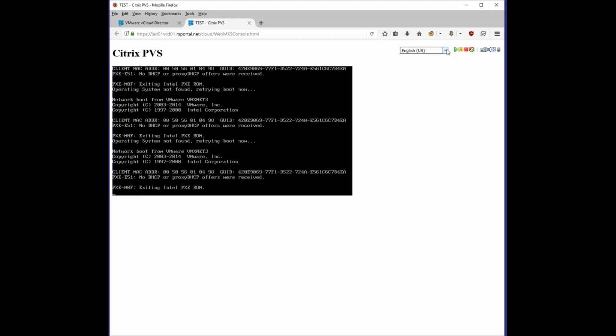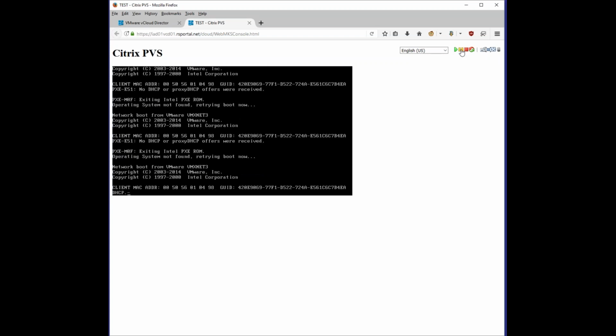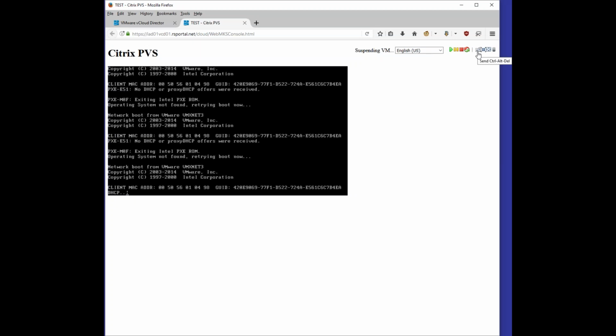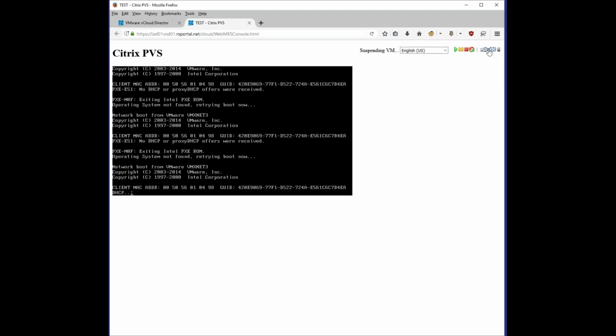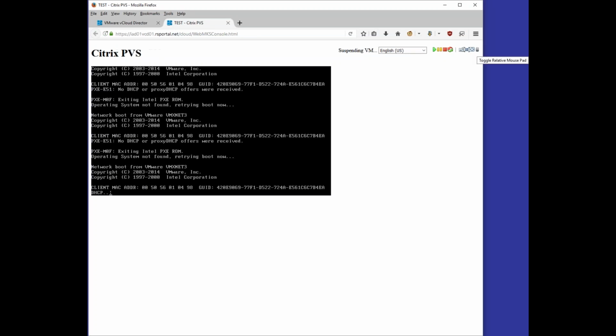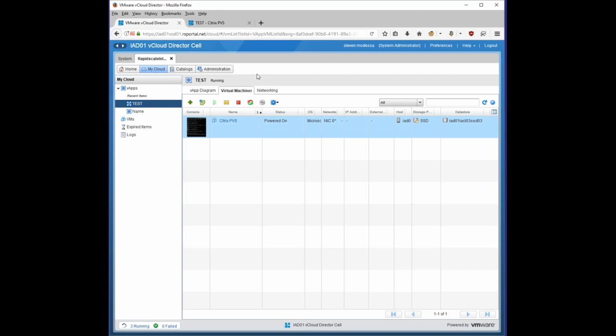So we can go over these icons up here. If you want to change your language, feel free. And these play buttons right here kind of do what they say. So the play button is the power on button. Pause is suspend. We can go ahead and suspend this virtual machine right now to show you what it does. Stop button will power it off, and a reset will restart it, pressing the power button. It won't go through the guest OS. And then you have your send control delete icon over here if you want to actually send a control delete. And then you also have your full screen and fit window to guest, and you can do relative mouse pad if you would like. So now that we've suspended that virtual machine,